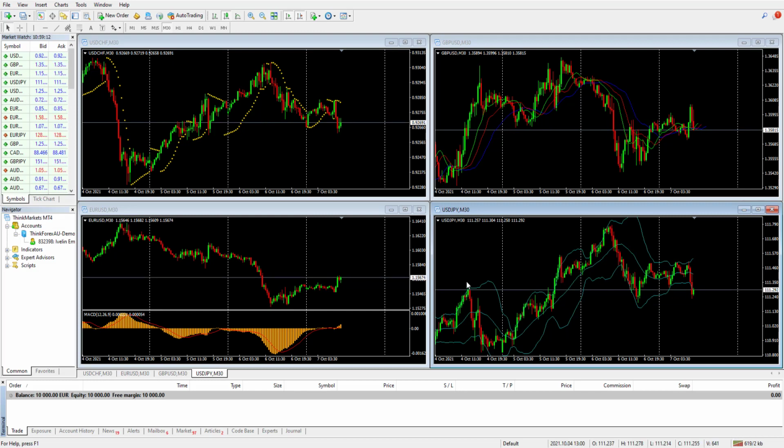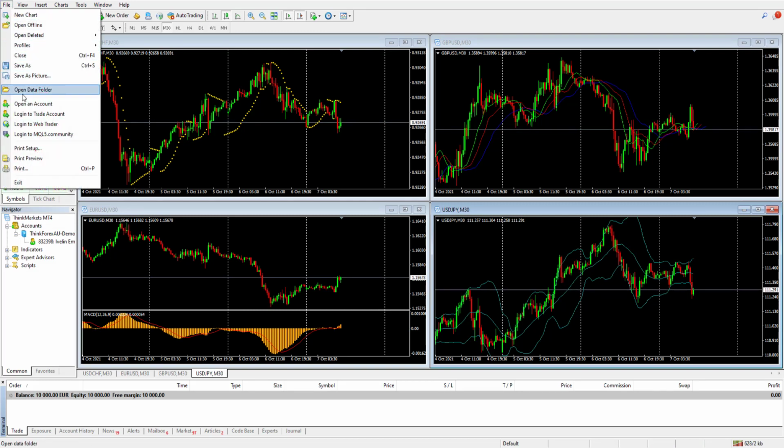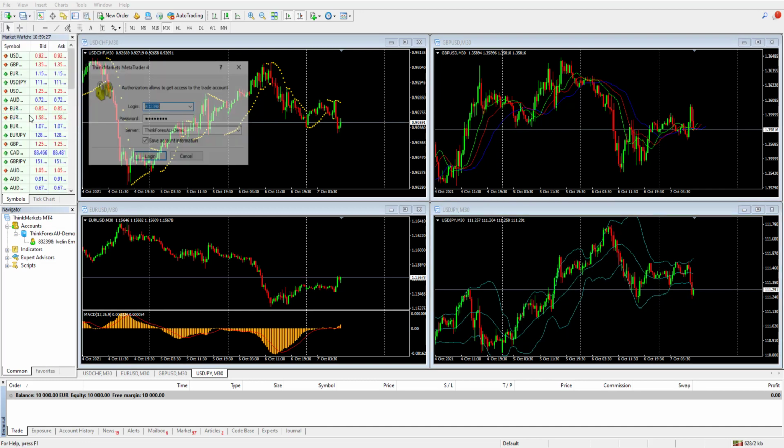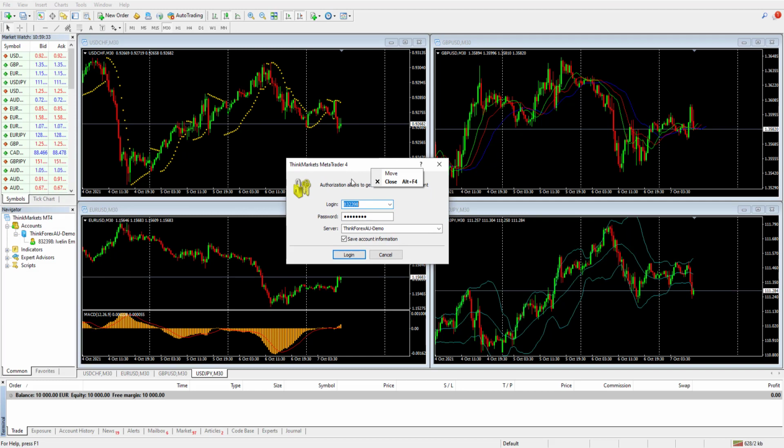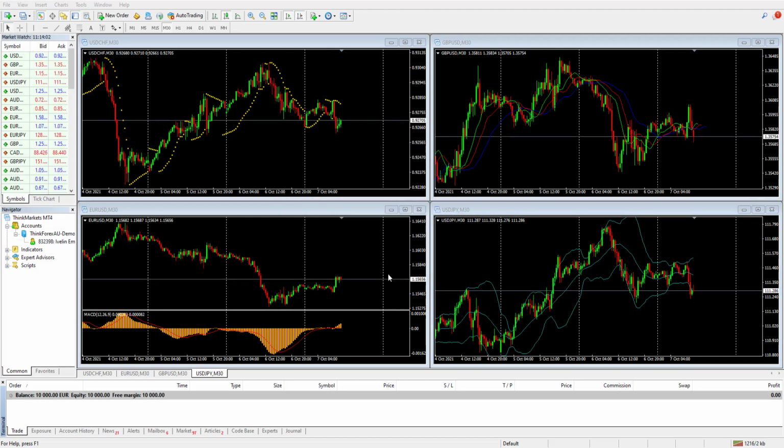If you want to switch over to another demo or live account, what you can do is come to File, top left corner, and then go to Login to Trade Account, and it's going to open this little window right here where you can switch from demo to a live account, or in between any demo and live accounts in general. Okay. So once we've done that and we are now looking at live data, we're logged in to our account,